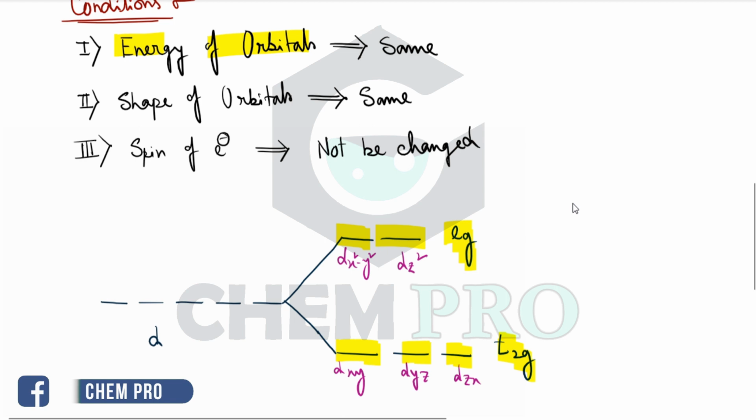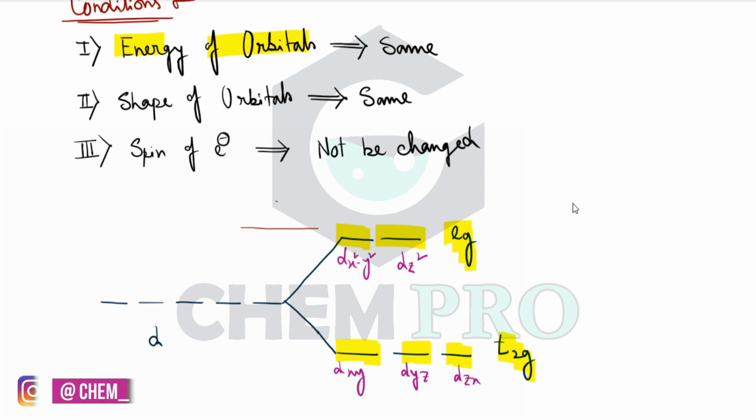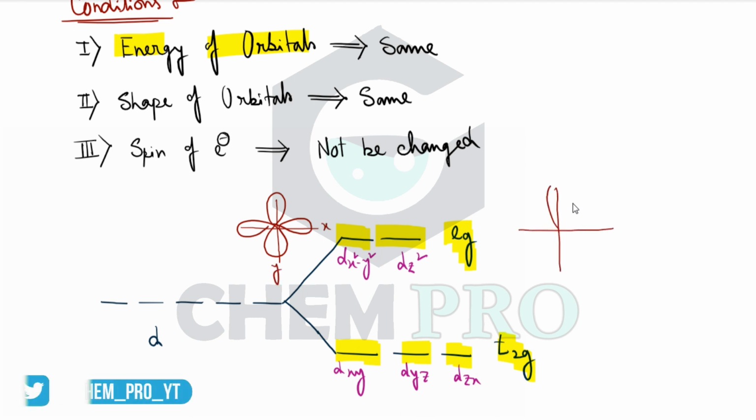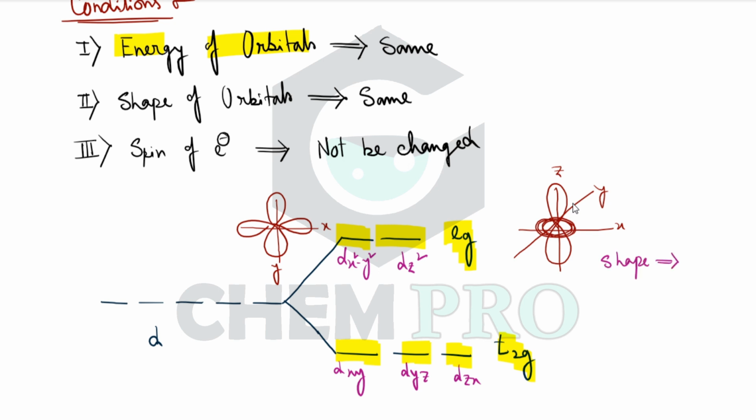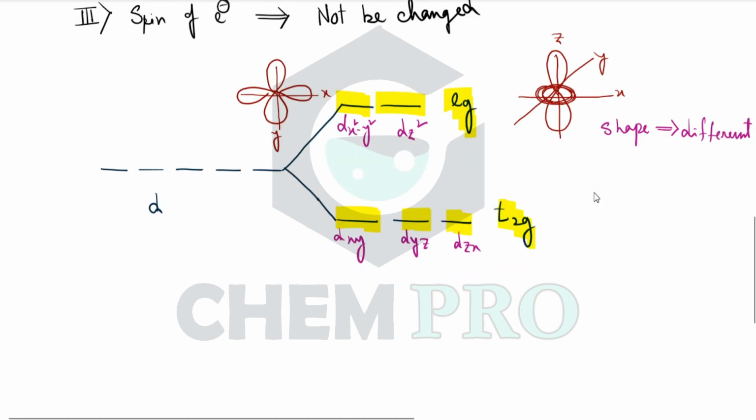For dx square minus y square, it lies along the axes. This is x and this is y, but for dz square it is like this. This is the dz square orbital. This is the z axis, this is the x axis, and here it is the y axis. So we can say that the shapes of the orbitals are different for the Eg orbitals,